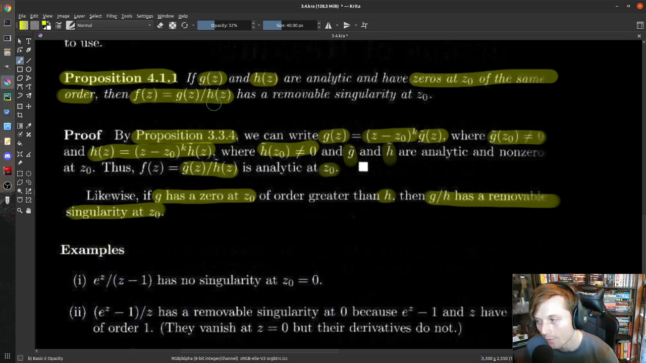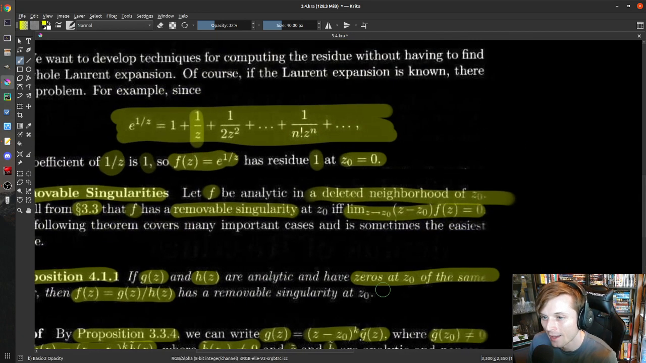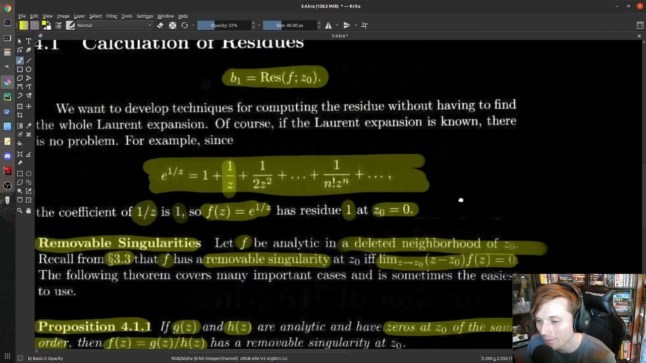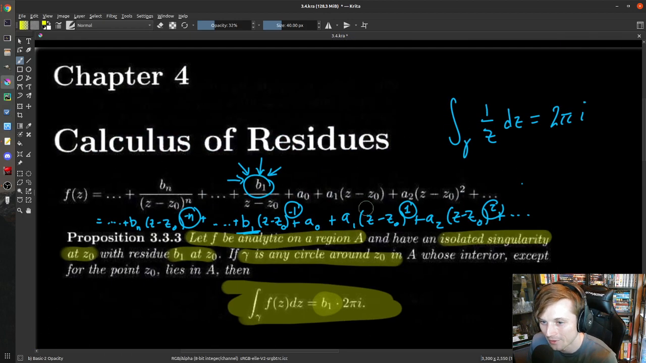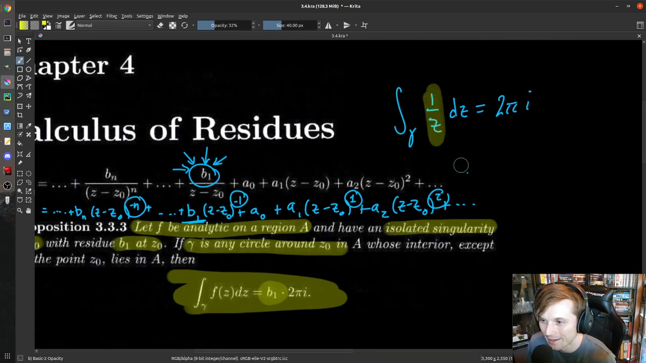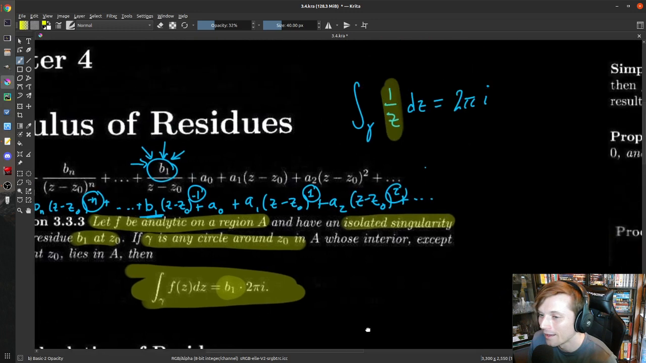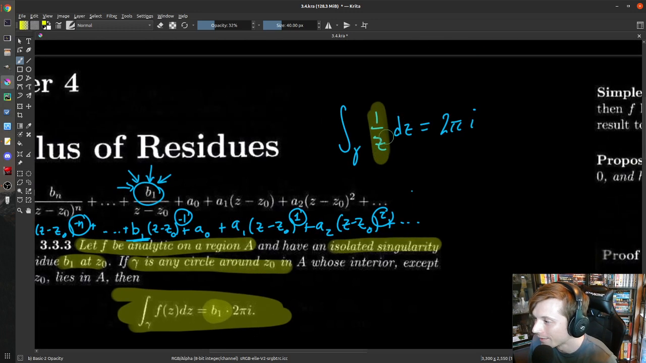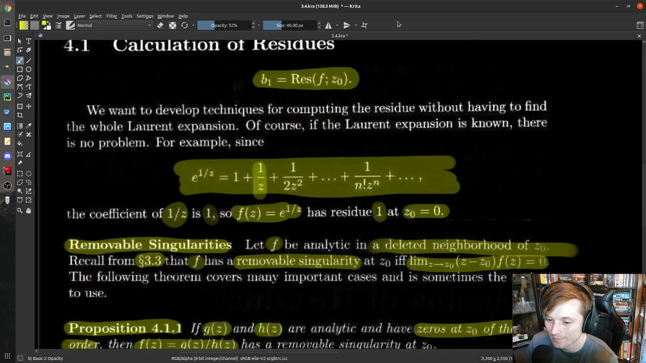When the bottom has a higher order zero, it doesn't necessarily make it worse. After all, considering that the residue is just this b1 term, one of the easiest possible residues to calculate is the residue for the function 1 over z. That's a pretty simple one. It has a residue of 1, in an expansion you can write it like that. The residue of this function at 0 is 1. Okay, so anyways,